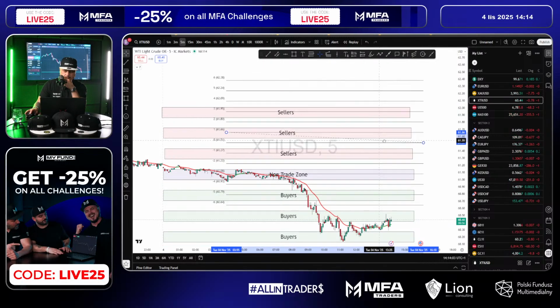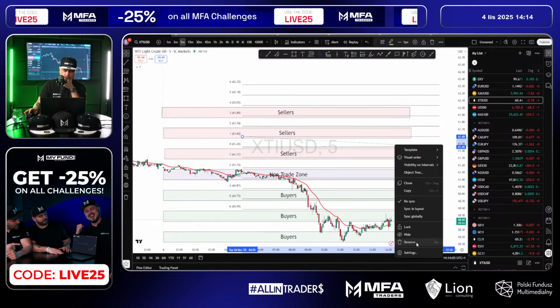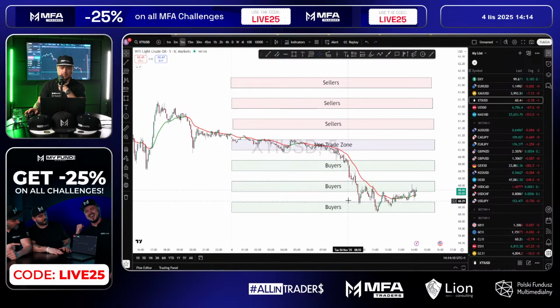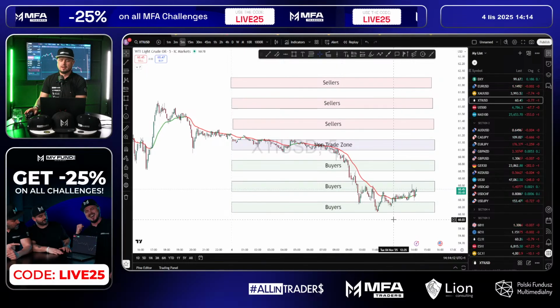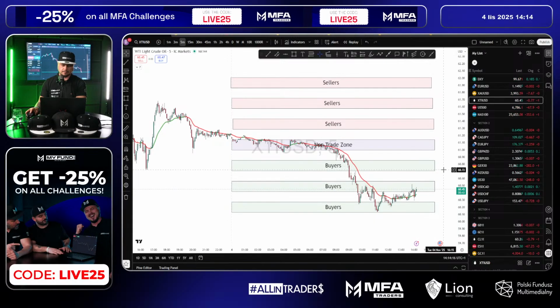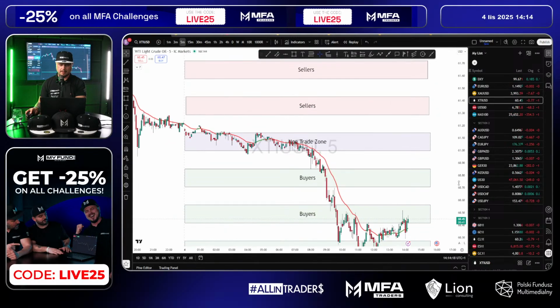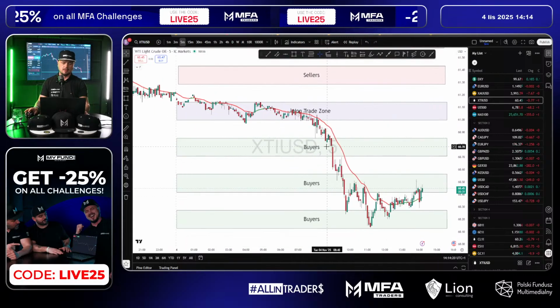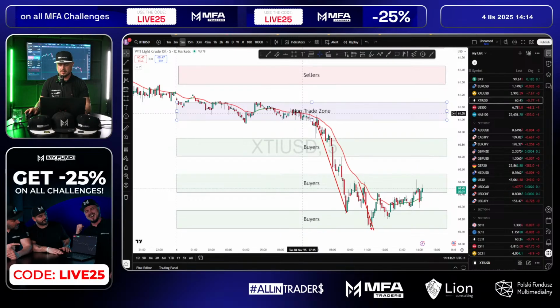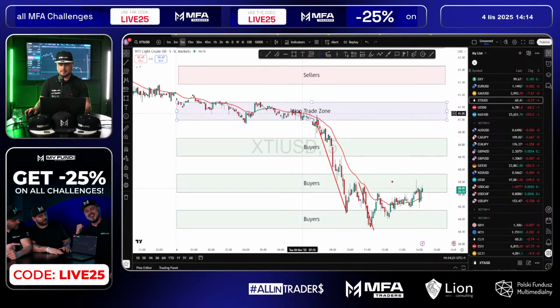All right then. Let's remove Fibonacci tool. Okay, so we know the day started with the range, so we're gonna look for the price to come back into the range. Basically, we had two tries of sellers over here. The first try and the second try, which is good. We got nice reaction and expansion.